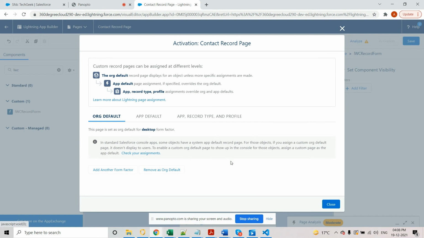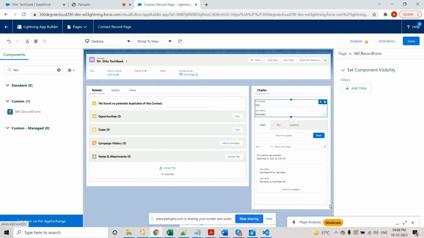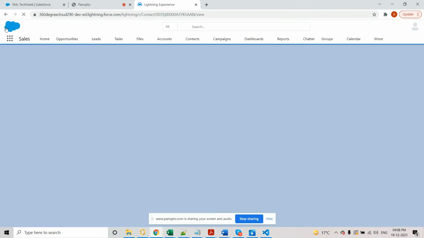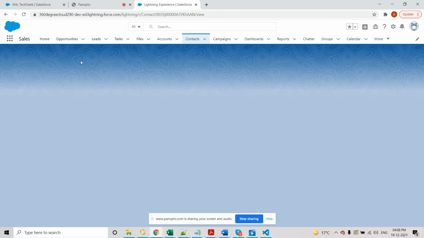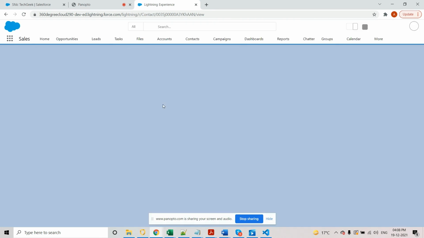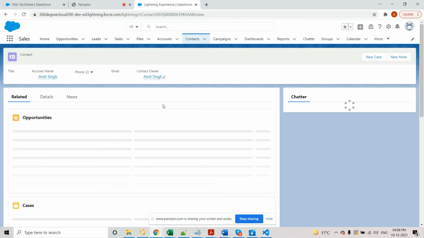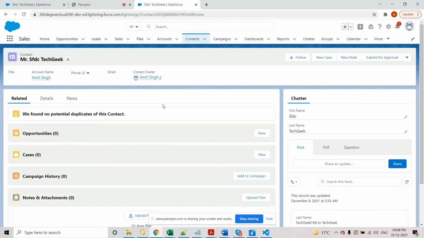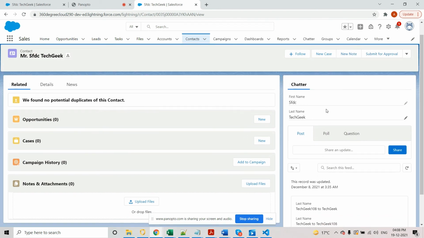This page layout is already set as default, so you do not have to do anything on that. Just close it and click on back to navigate to the contact detail page. After refreshing we can see that our component is working fine.